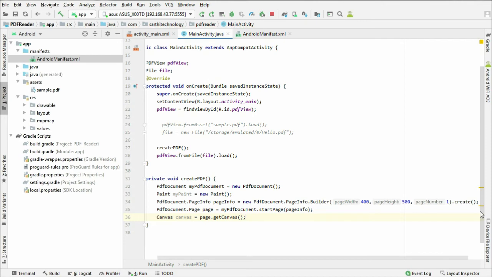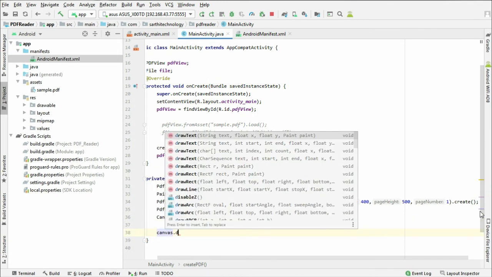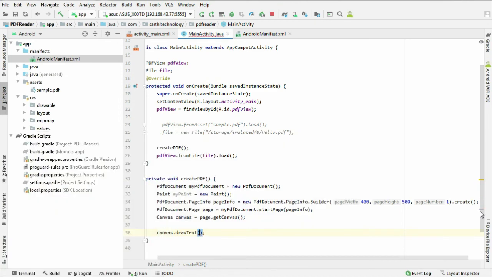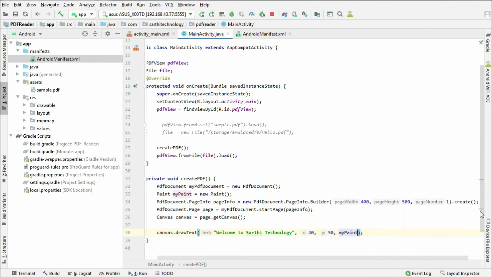Okay, so using this canvas dot draw text, welcome to Sarthi Technology, comma its position for example 40 comma 50 comma my paint.